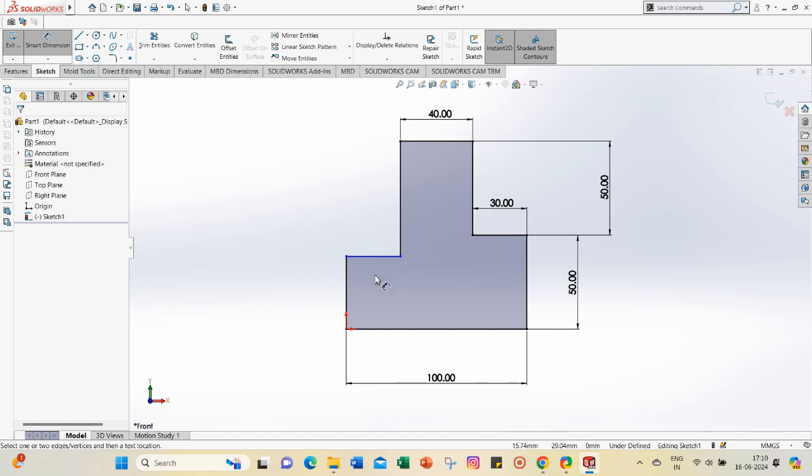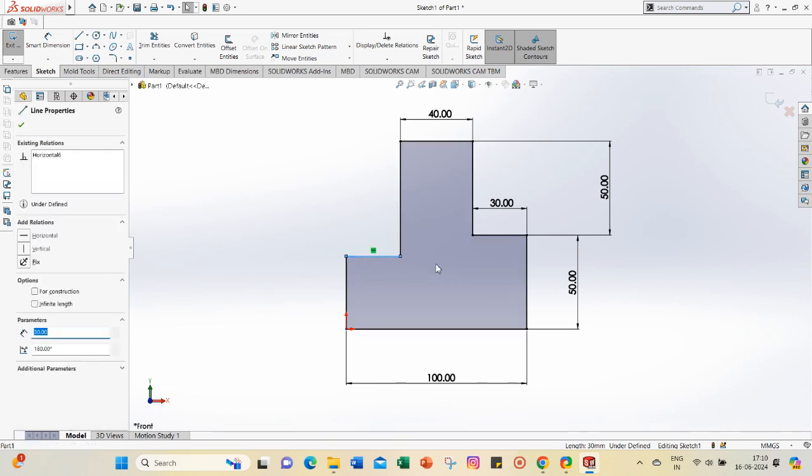So what we will do, we will press escape so that we can come out of dimension command, and then we will select this line.